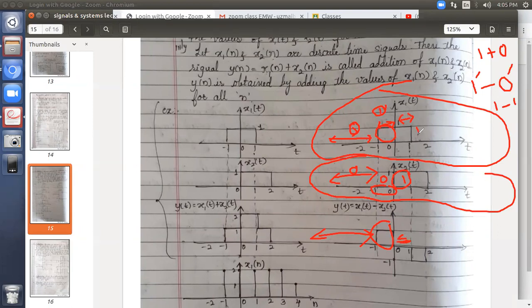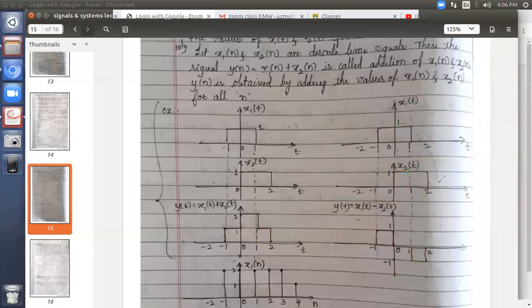Then coming to the next time, between 1 to 2, we don't have any amplitude, 0. Here between 1 to 2, we have amplitude 1. Now, what is the amplitude here? It is 0, it is 1. So 0 minus 1. 0 minus 1 will be, answer is minus 1. That's why in the earlier case, it was something like this. Now it is below because amplitude is negative, right? This lower direction indicates negative amplitude. Hence, it is flipped. Below, we will get the minus 1 as the signal. So this is how we do subtraction and addition of two signals.